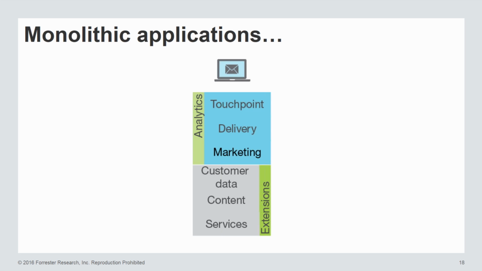Here is a marketing solution designed probably to deliver emails and target customers on the web. It's twofold. There's a developer environment on the back end, and a marketer environment on the front end. The two are innately siloed, one with analytics, the other with extensions, and we both do our jobs kind of blindly. And it's full stack. We're storing and maintaining content, services, and customer data, and we're maintaining different delivery and separate engagements, different touchpoints,